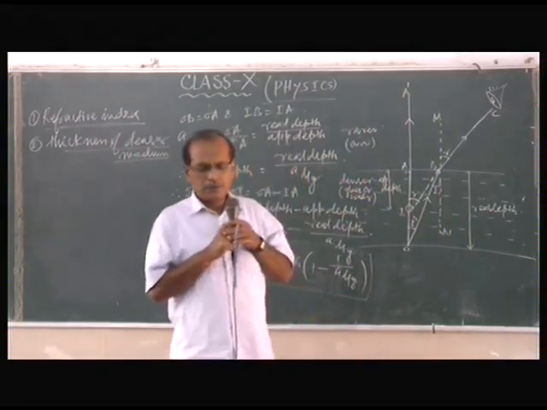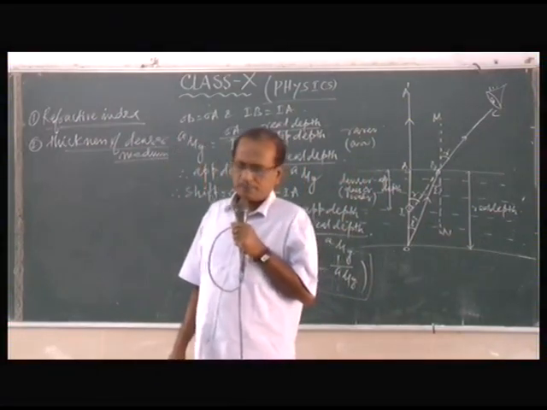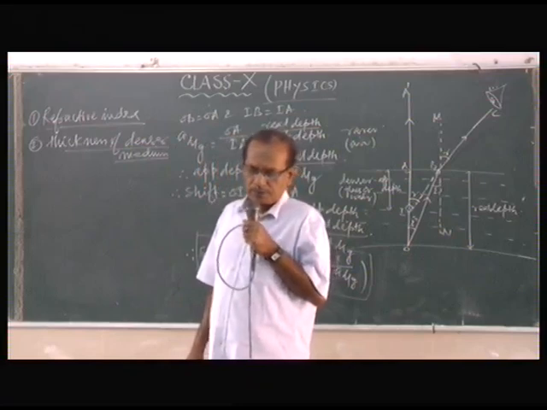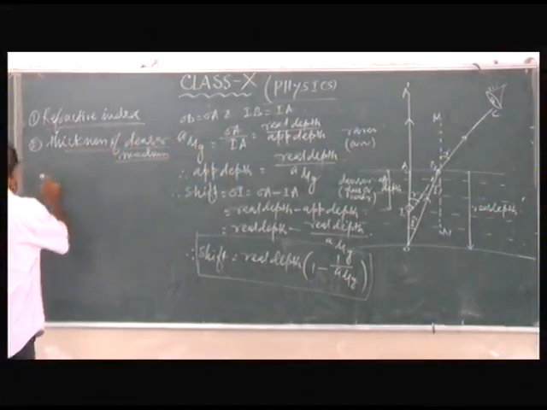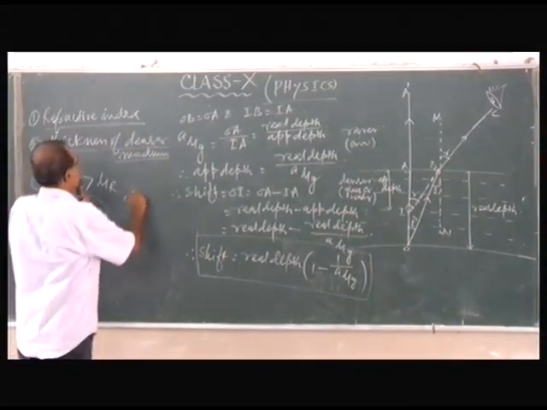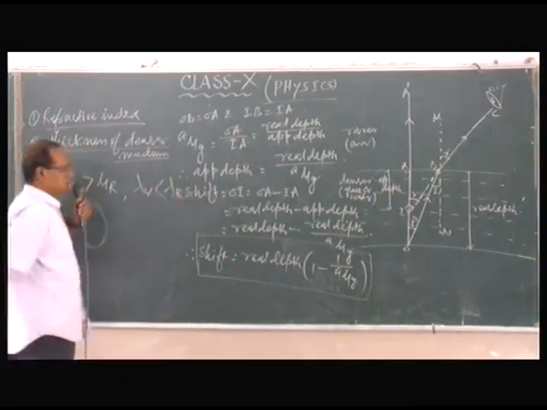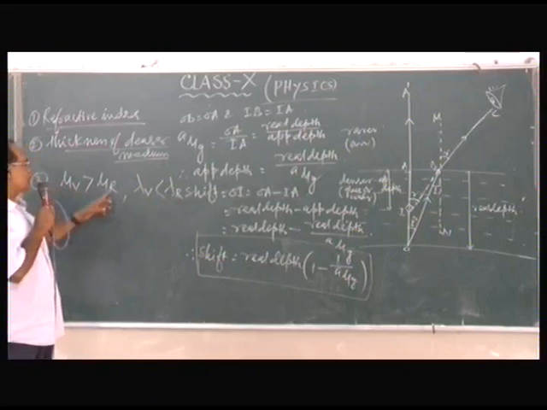Now number 3, the color or wavelength of the incident light. As we know, mu v is greater than mu r. Also, we know lambda v is less than lambda r. Wavelength of red is more than wavelength of violet, but mu r is less than